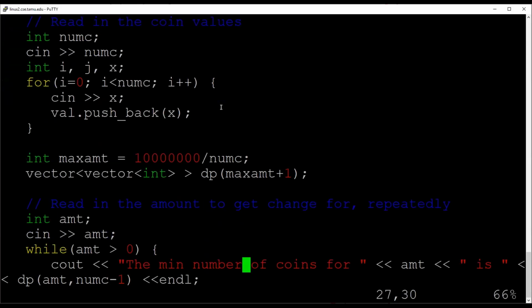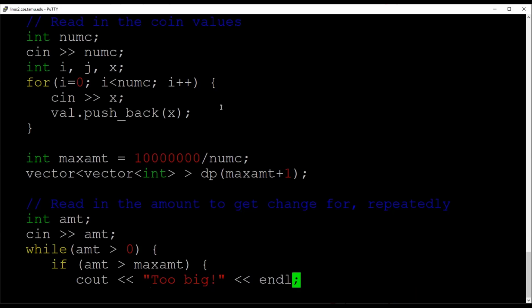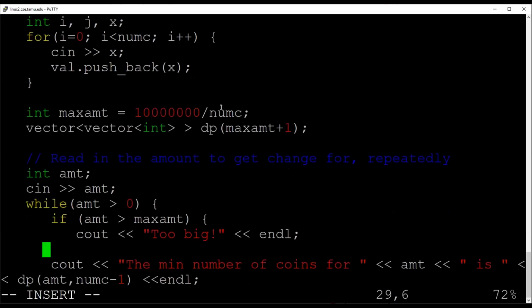So actually, let me modify this right now. So I would say something down here like if the amount is greater than the max amount, then I want to say too big. Okay, and otherwise,